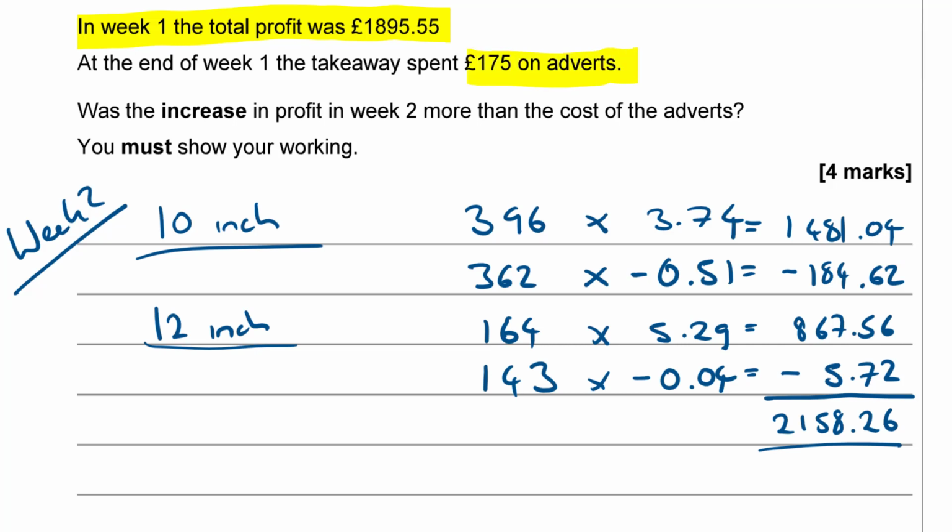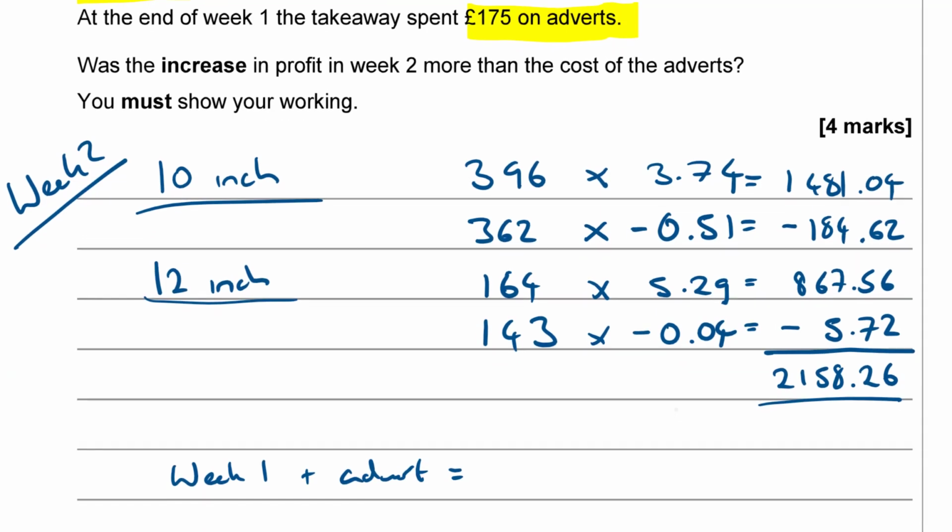Was the increase in profits in week 2 more than the cost of the adverts? Okay, so if we add up the profits in week 1 plus the adverts, is that more or less than the profits from week 2? So week 1 plus advert equals